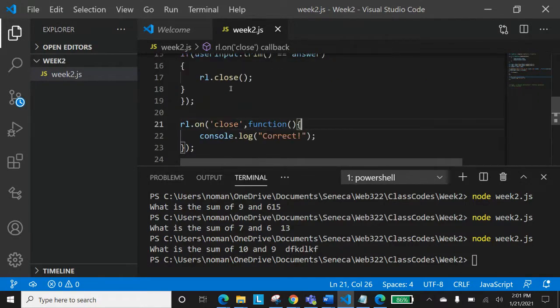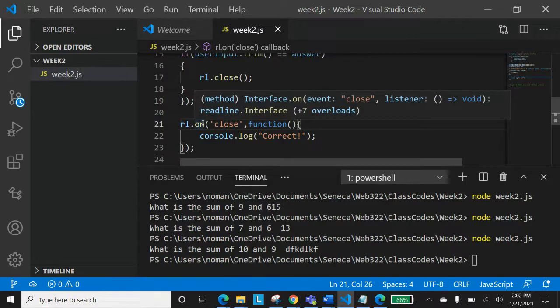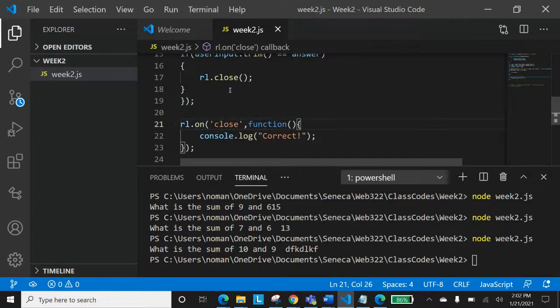And when this runs, it is basically listening. This rl.on is listening. On is basically doing what here? It is waiting for something to happen. It is waiting for an action to happen. Now, when this close is thrown, this function is caught. Caught means this function runs. It is a listener, an event listener. It's listening for that close. So as it heard about close, this function runs, and when it runs this function, it says correct.